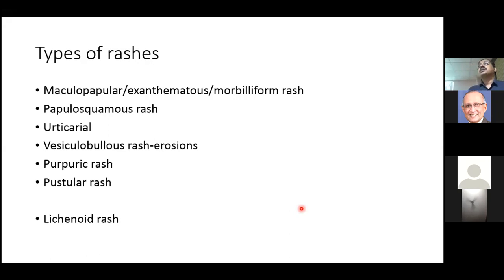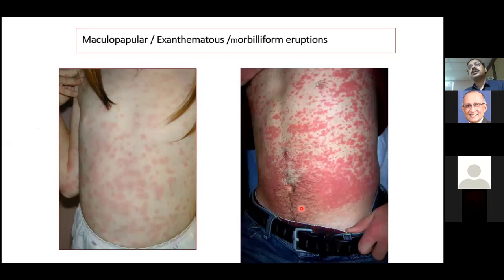However, because approach to rash is a huge topic, we'll be breaking it up into smaller units. So today I'll be dealing only with maculopapular rash. We have three terminologies which are commonly used. They're all synonymous: morbilliform rash, exanthematous rash, or a maculopapular rash. Now what you see here, in both these patients, is small papules. They are slightly elevated. This is a two-dimensional picture, but if you actually appreciate it, it's almost like sandpaper or very fine granular. So these lesions are slightly elevated, but they're smooth in character.